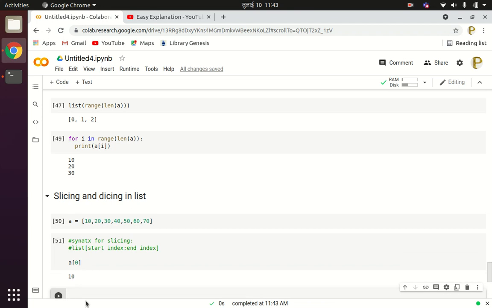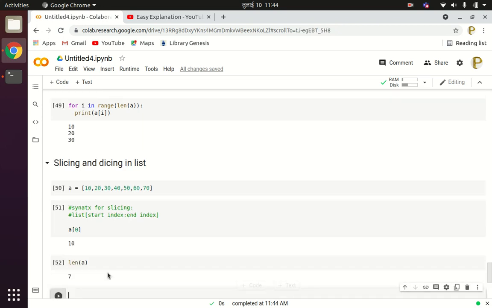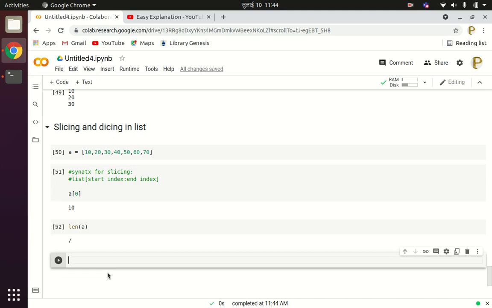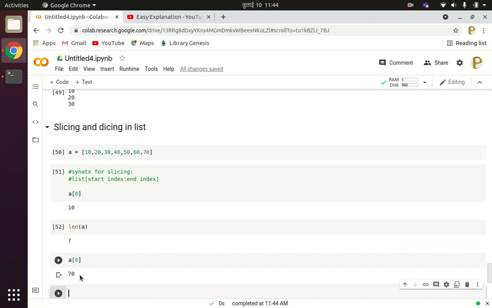You can get the last value 70 as A of, so what will the length of A be? See, length of A is 7, so obviously the last element will be given by A of 6. So A of 6 will give you the last element, because the indices of the list are numbered from 0 to length minus 1.